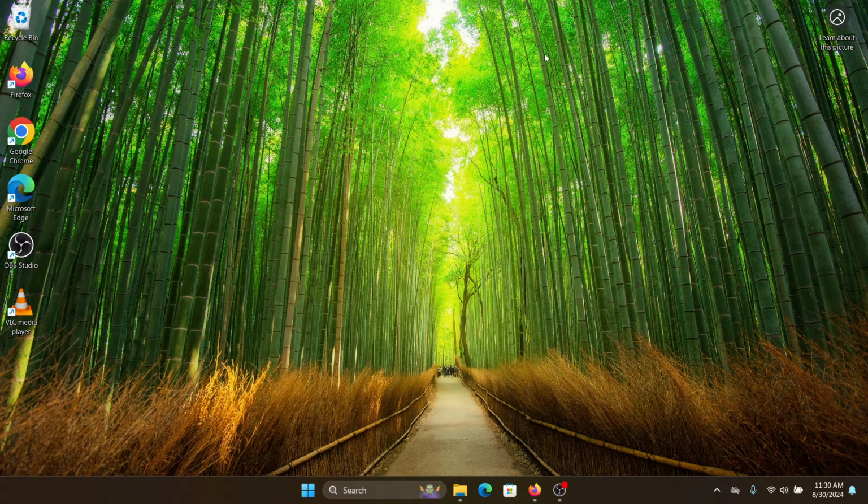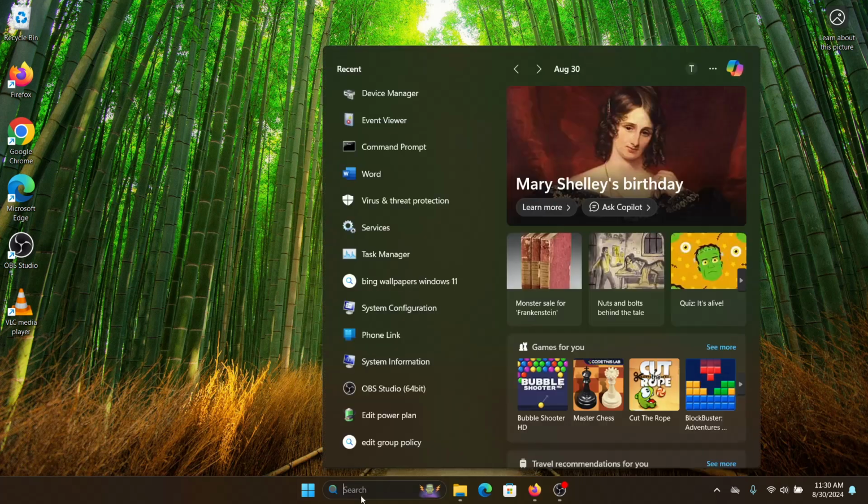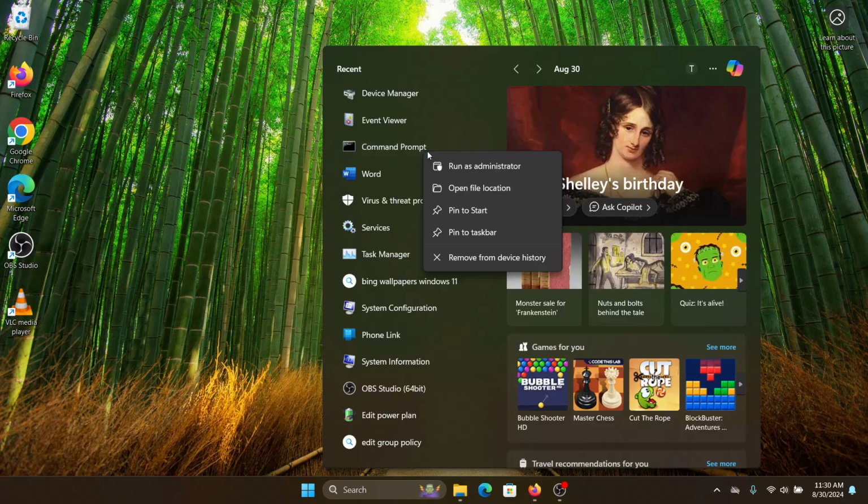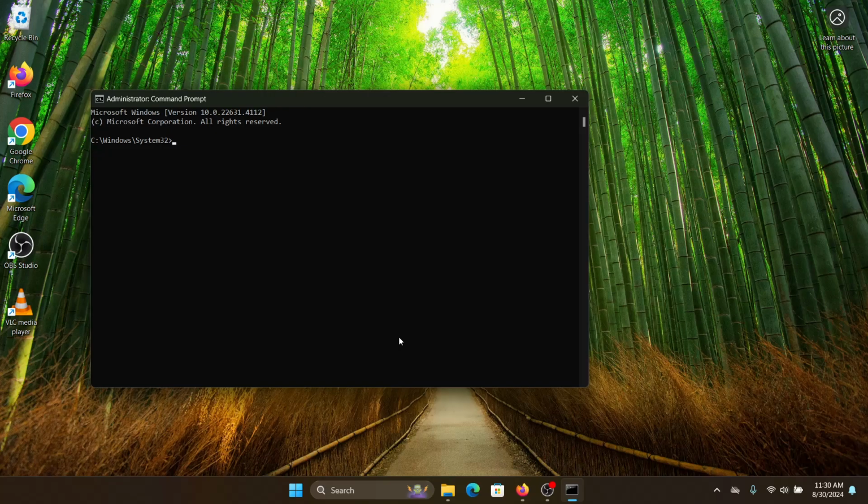Now similarly, if the SFC scan doesn't work for you by any chance, if it shows some error, then we'll use the DISM command. For that, we need to open Command Prompt. Look for Command Prompt, right click, run as administrator, yes, and we will input the command DISM space slash online space slash